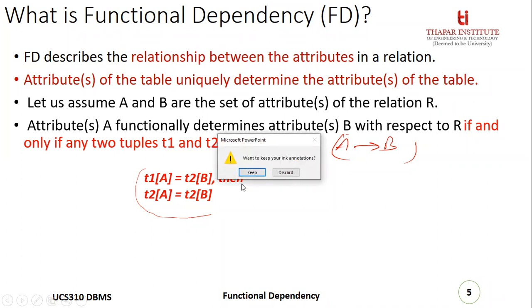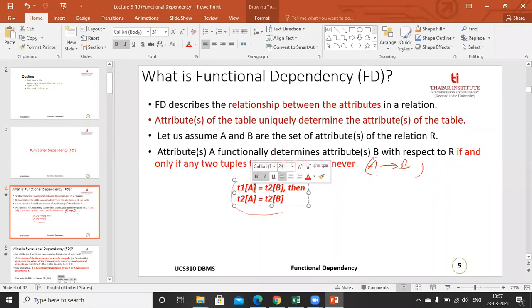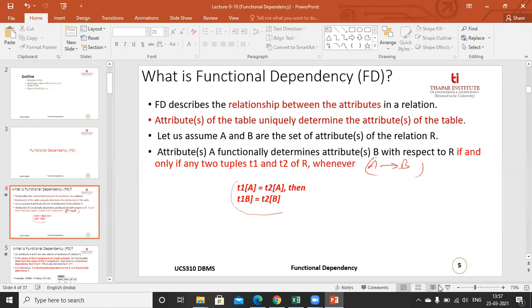Just a minute. This is T1. T1 or T2. A. And this should be... okay, so just changed.